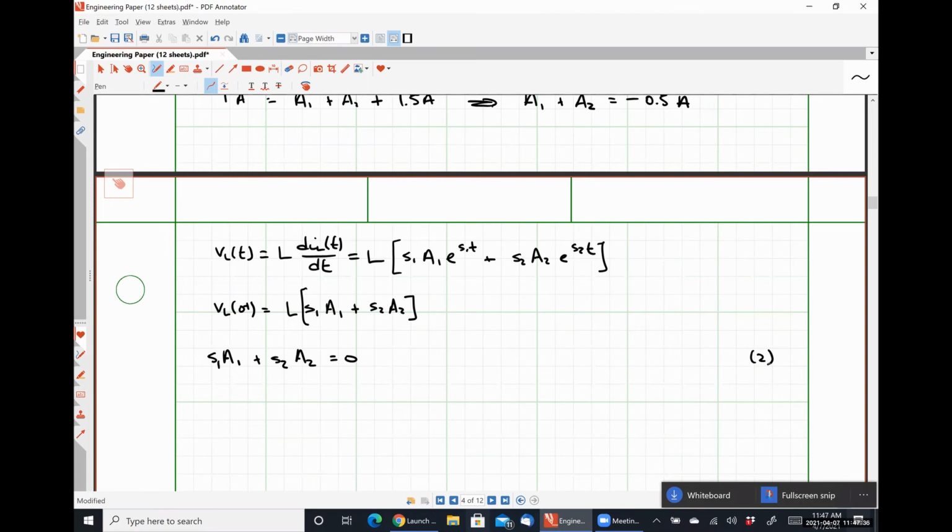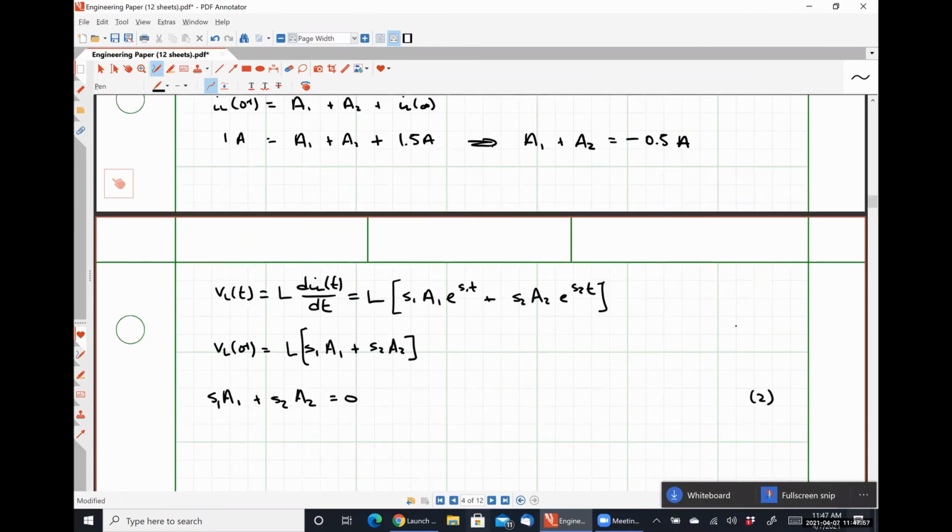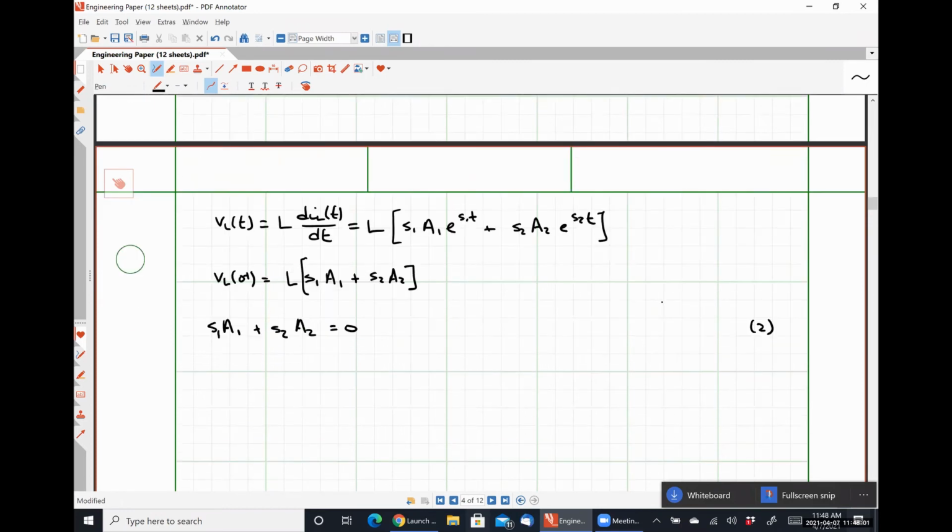All right, so I now have two equations, two unknowns, so I'm going to use my system solver here. So I have 1A1 plus 1A2 is equal to negative 0.5. And then I have S1, which I have stored as variable A, plus S2A2 is equal to 0. And I solve, and I get A1 is equal to negative 0.761 amps, and A2 is equal to positive